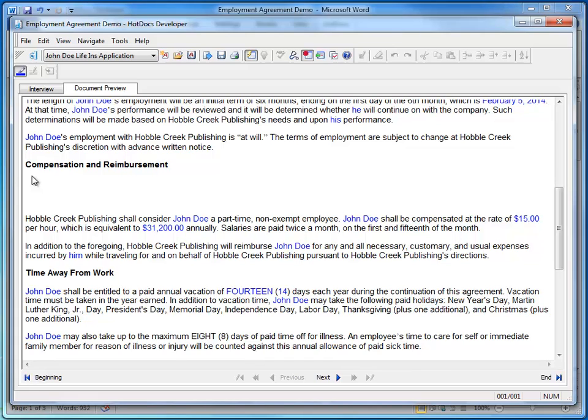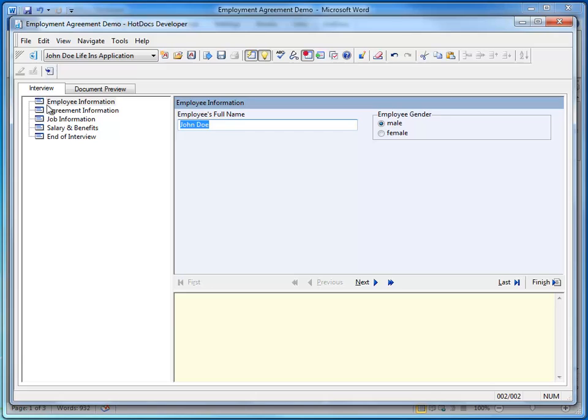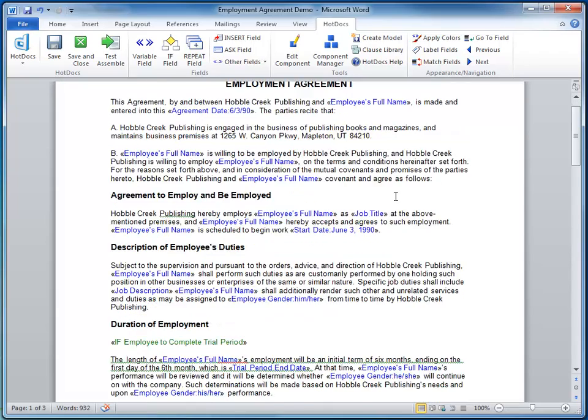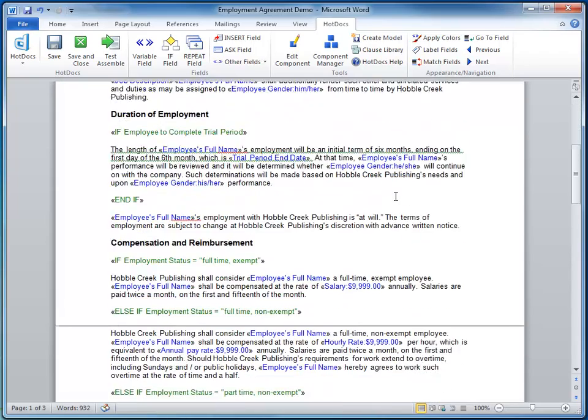And if I see something that I want to change, like I see too much spacing right here, and also back in the interview, I want to reorder these so that these are in a vertical format. I can then close the test screen, navigate to the section of the document that needs to be fixed,